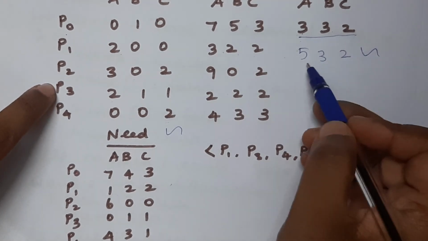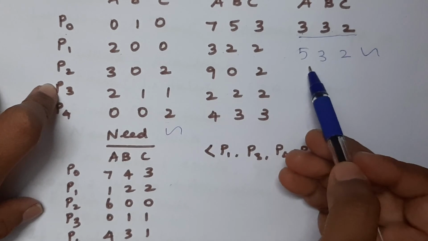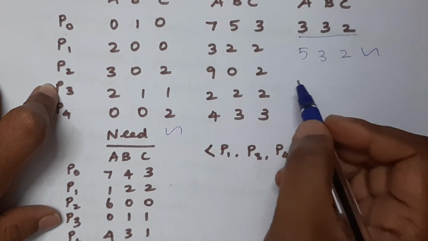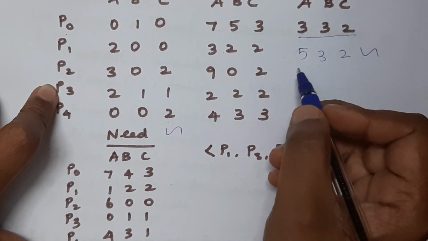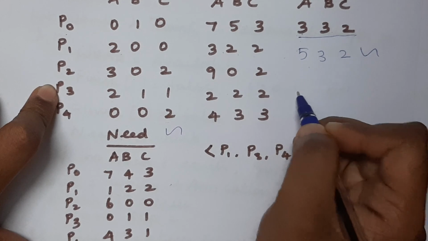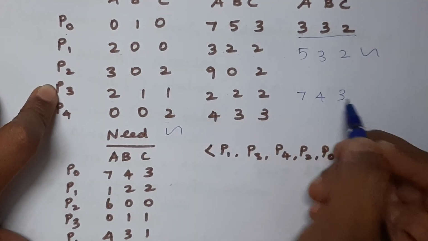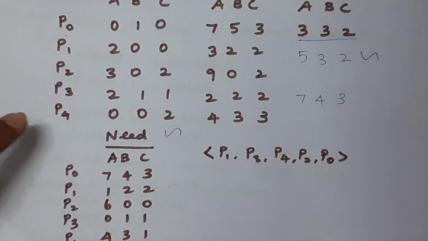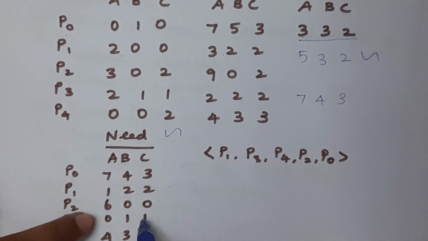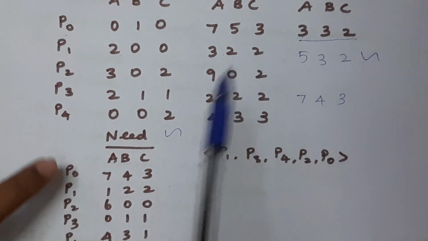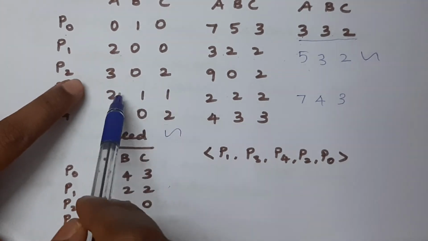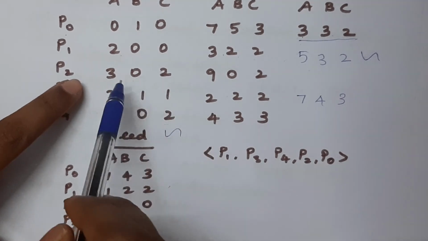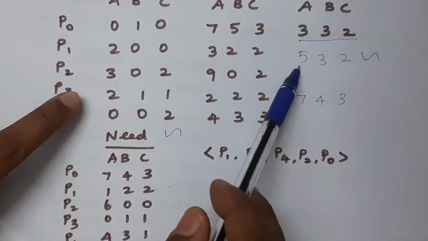So for P3 now we need to check whether its need value is less than the available. So what is its need value? 0, 1, 1, which is lesser than available, so we can allocate this. After the allocation, for the P3 process we are getting 7, 4 and 3. Because we should add this allocation value with the available. So why am I adding these two? Because we are allocating all these things from the availability. Okay, afterwards it will release the already allocated resources also, including those resources, it will release everything. So I'm just going to add only the allocated resources with the availability.